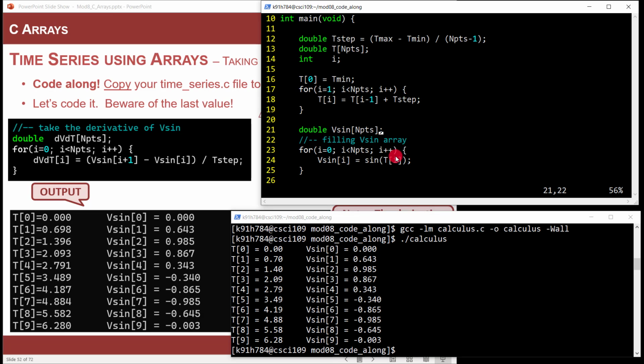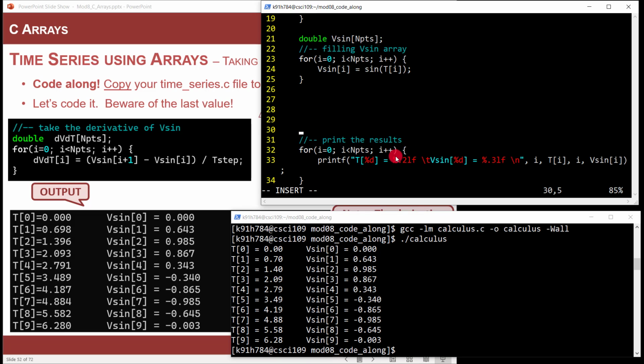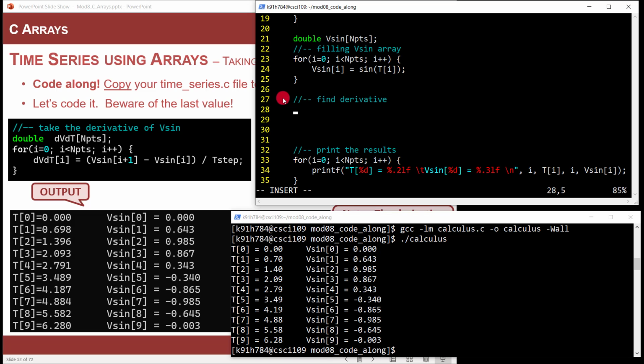We filled our time array, we filled our sine array, we printed the results. So before I print the results, I'm going to add a little bit more functionality to calculate the derivative. So I'm going to say find derivative. Now remember, this is a time series, meaning that we're going to create an array that is going to hold the derivative values. I'm going to call this dv dt for change in voltage over change in time, and it is going to have n points,